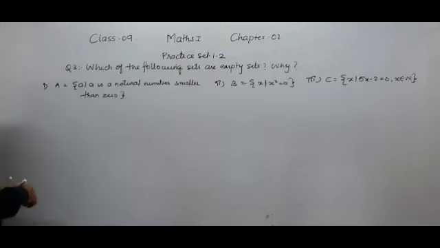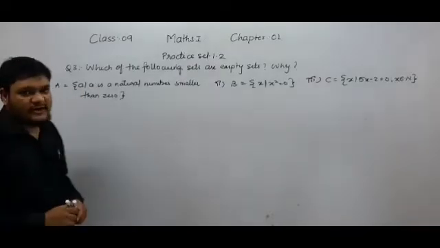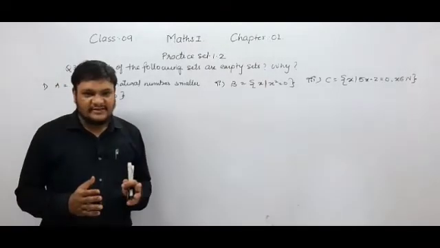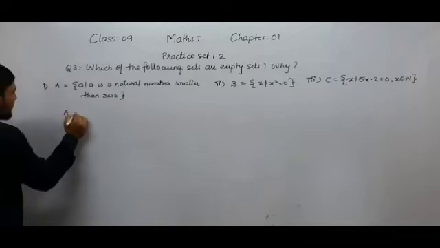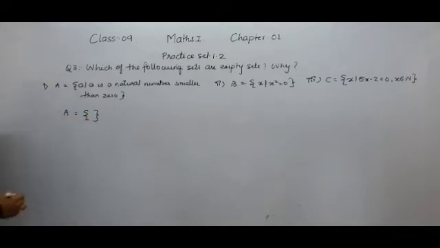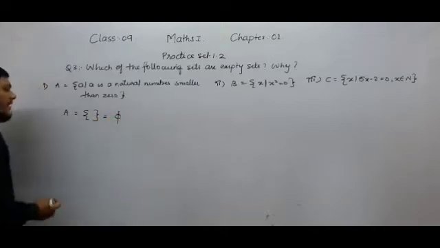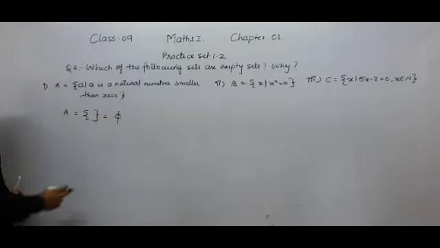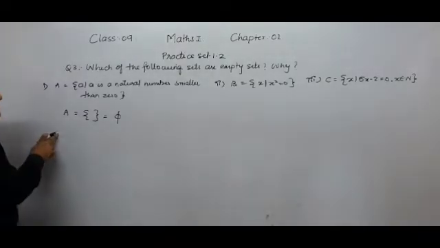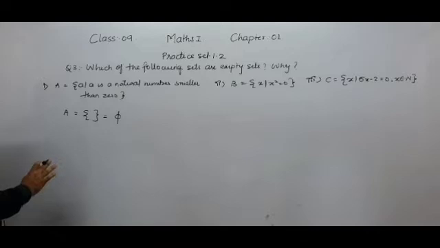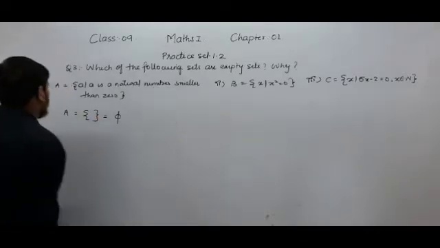So here A is equal to the set of a such that a is a natural number smaller than 0. So student, is there any natural number which is smaller than 0? No, there is no natural number which is smaller than 0. Then we can say that this set is an empty set, and an empty set is shown by this blank curly bracket, or we can show it by phi. Yes, this is the symbol phi which is used to show the empty set. So student, you have to give the reason why this set is an empty set. Then what reason do you have to give? Yes, there is no natural number which is smaller than 0.